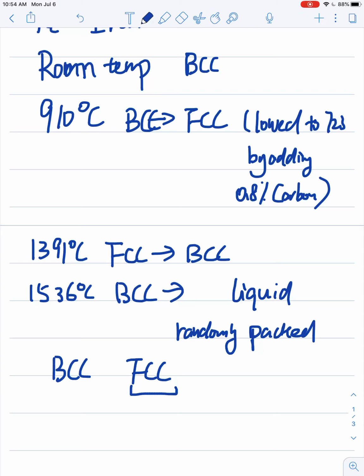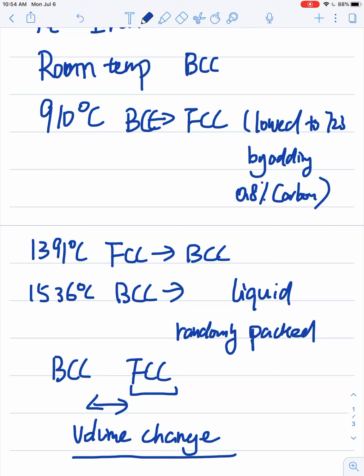So that would experience a volume change during this crystal structure switch. So that's why when you're heating up an iron wire, you see volume expansion. That's because of the change of